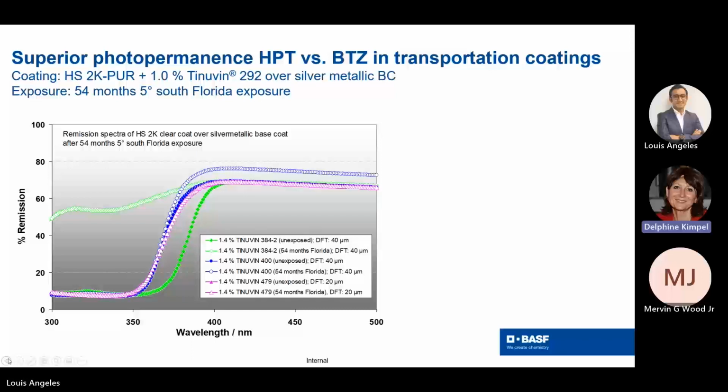Here we see how much of the UV absorber is still remaining in the clear coat, in that case after almost 5 years of Florida exposure, this time onto a silver base coat. In the green line, you see first the measurement before exposure, the full green squares, and after 5 years you can see that you have a much stronger transmission or remission. That means that the benzoyl has disappeared. So it can be a matter of the photo